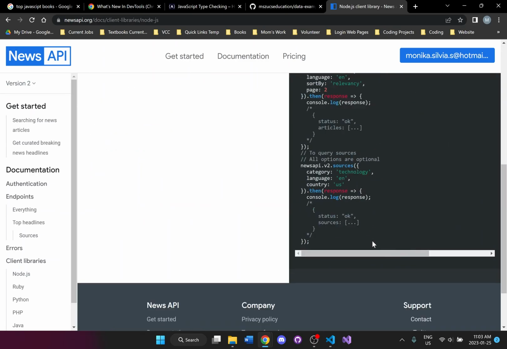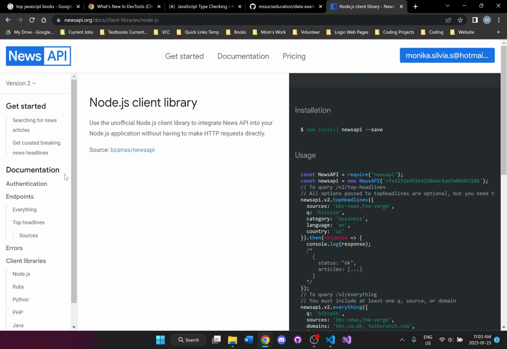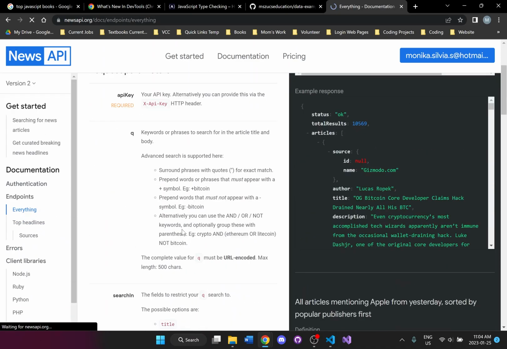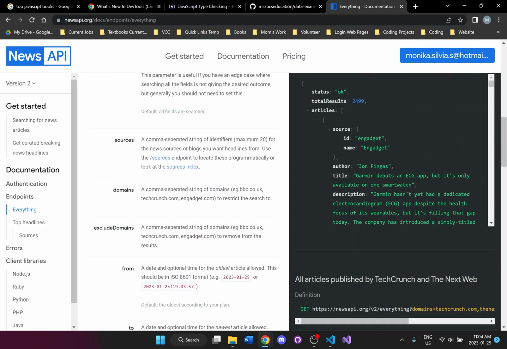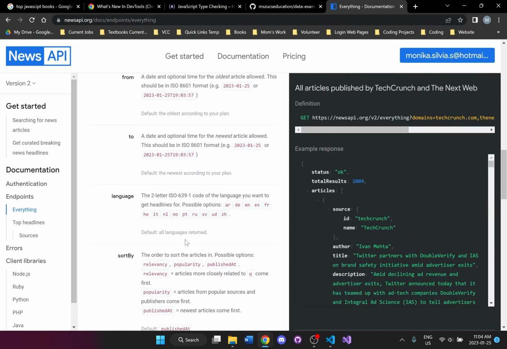So I need to look for the URL. Let me see where I could actually grab it. So right here, this get URL, I'm going to grab this, copy it,